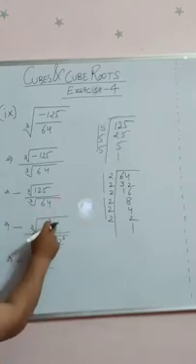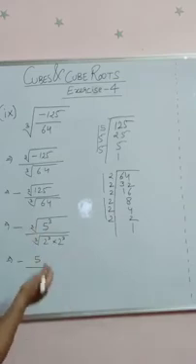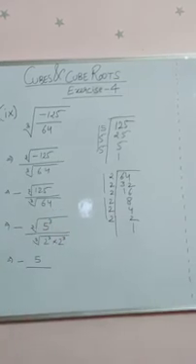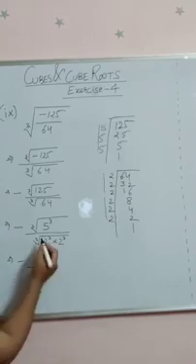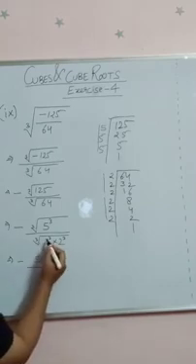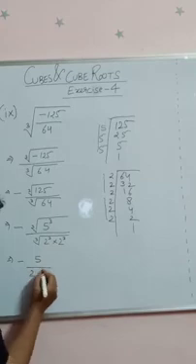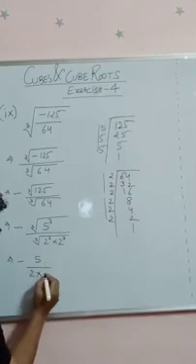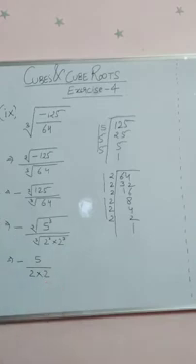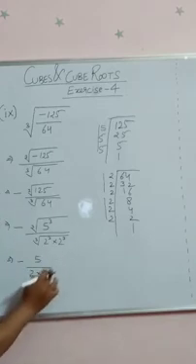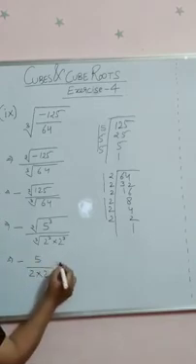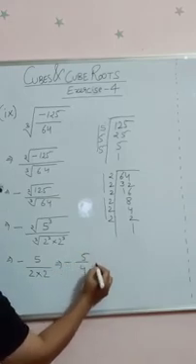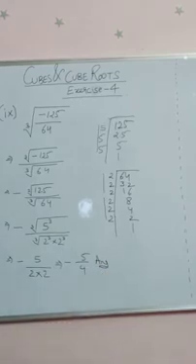The cube root of a cube is 5. And why is it so? Because this cube root is nothing but the power 1 by 3. 3 and 3 will get cancelled, so you will get the number itself. Similarly, we can take the cube root of 2 cube out as 2. Similarly, it will be multiplied to the cube root of the second 2 cube also. So it will be 1 taken out from each cube. So the final answer will be minus 5 upon 4. So this becomes our final answer for the question.